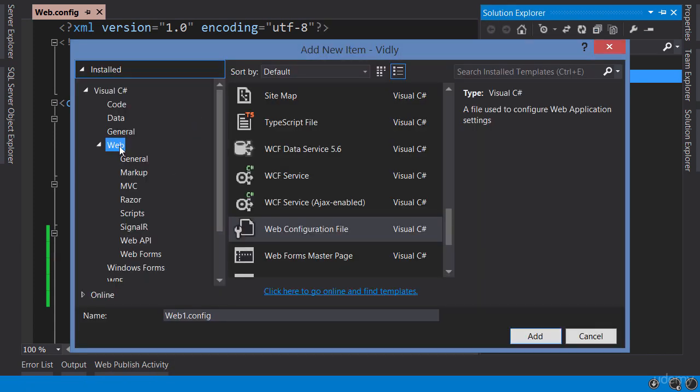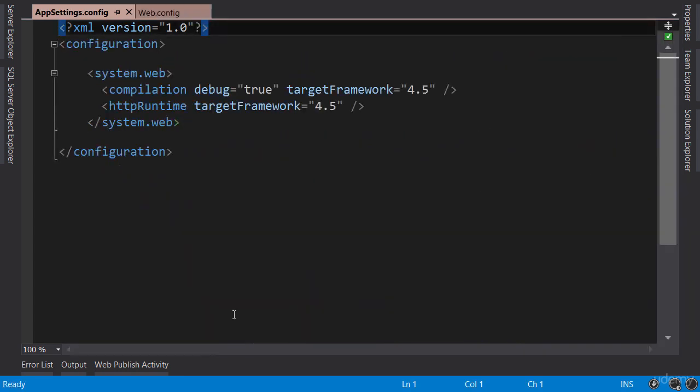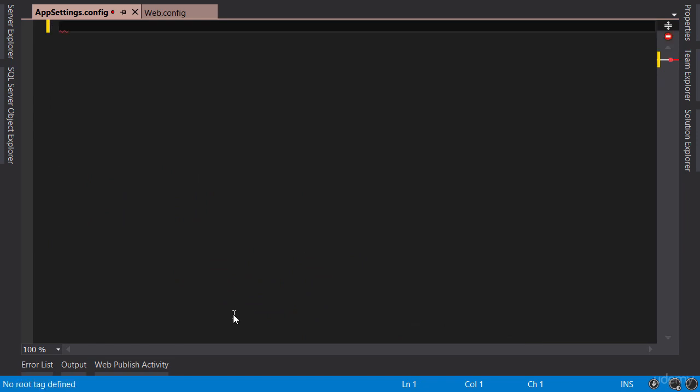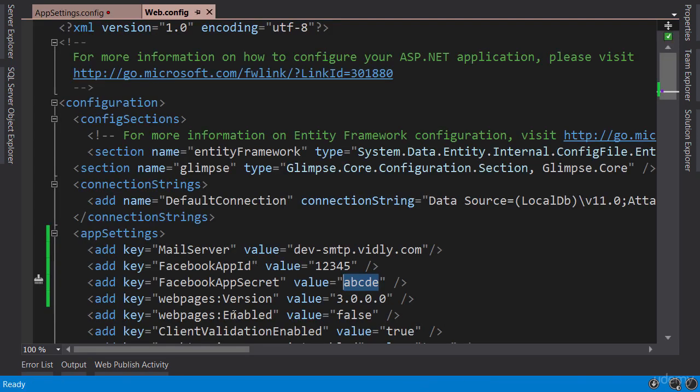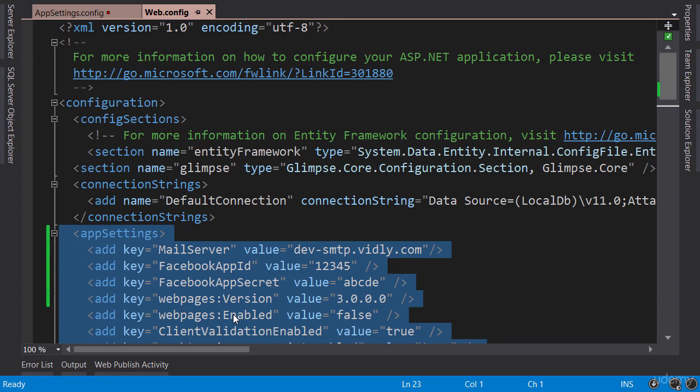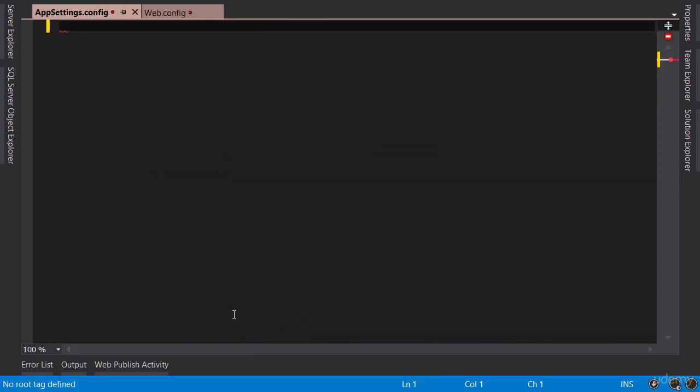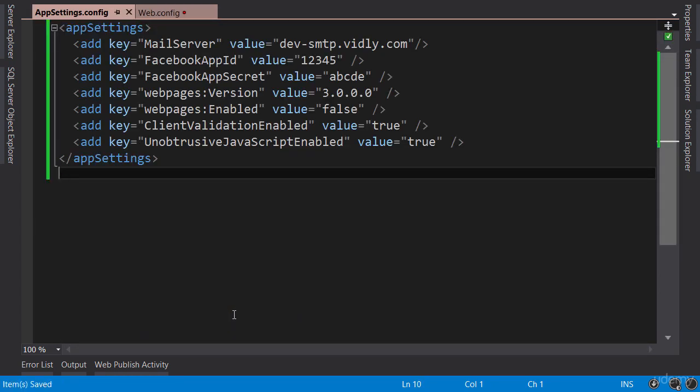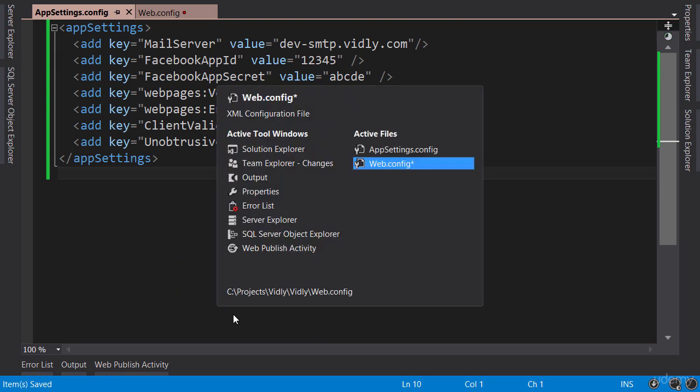In the templates, under Web, we select Web Configuration File, give it a name, appsettings.config, and make sure to select config here. Don't use XML, because by default, IIS does not serve configuration files. Now we delete everything here, go back to web.config, select app settings, cut, and then paste it here. Save. Now back in web.config,